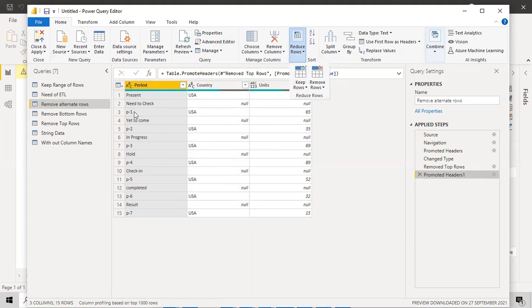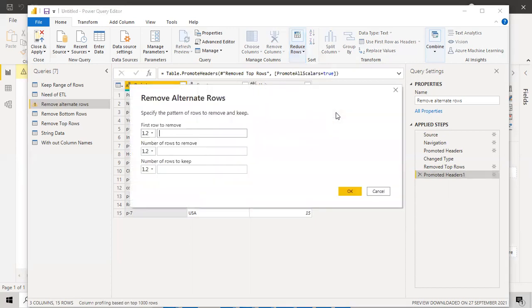You need to keep 2 steps over here. That is what Power BI gives us right now. Maybe in future it may give us a lot of options, but right now, at this instance, we do this option. I'll remove this Yet to come P2 and In progress, and after that I remove Hold. Okay. This is the scenario. And if you have any other questions, you can ask me at this instance, no issues.